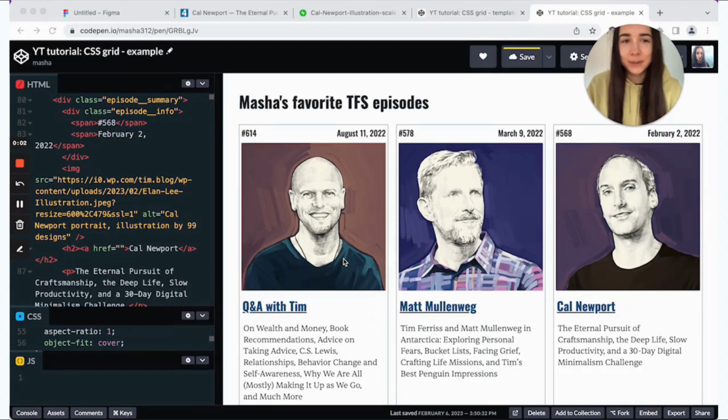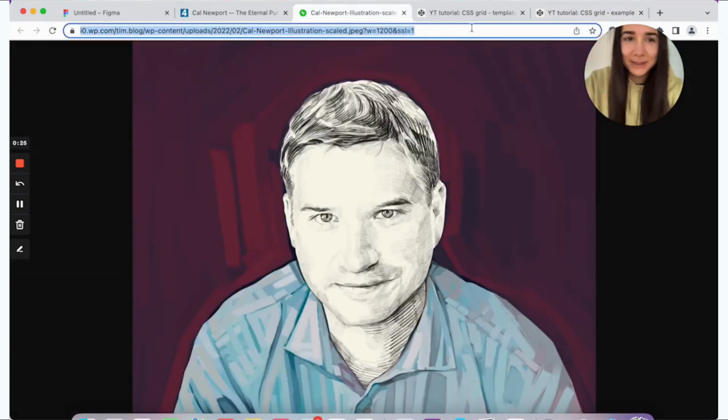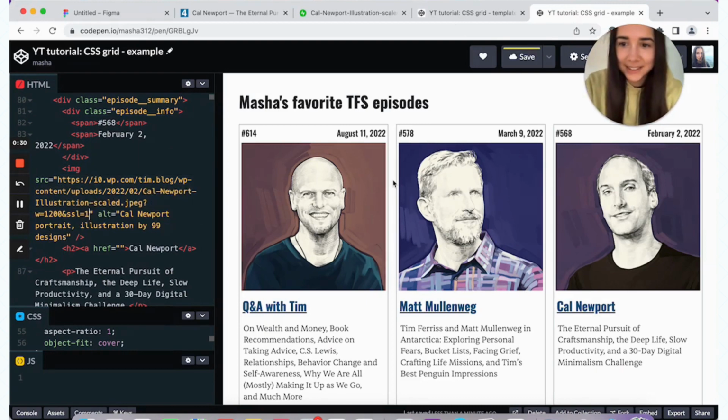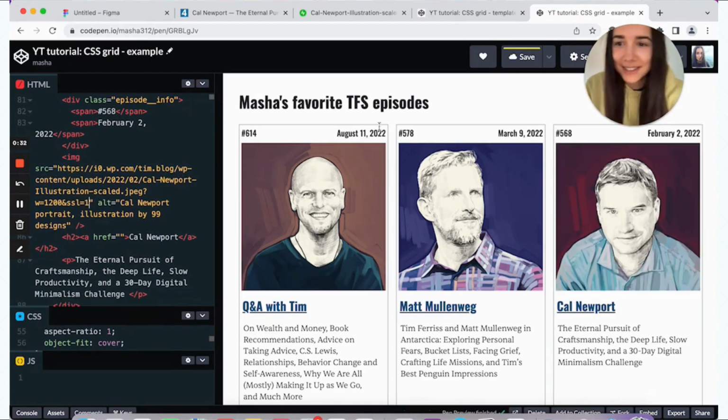All right, last thing. As I was looking at this card, I was like, well, Cal Newport doesn't really look like Cal Newport. And of course, because I messed this up and I got the wrong picture. So I'm going to update it right here. Just going to go grab this image and make sure it's correct. Sorry, Cal. Here we go. Now we're good.